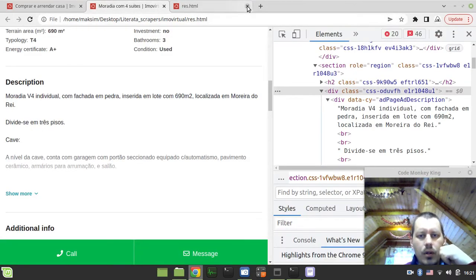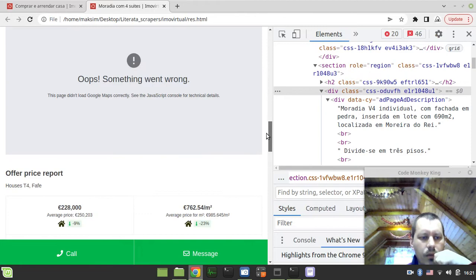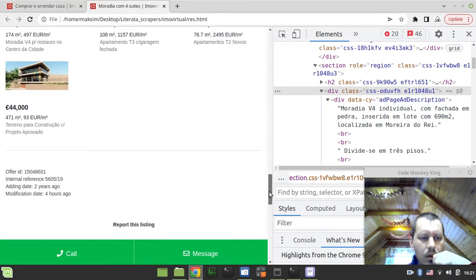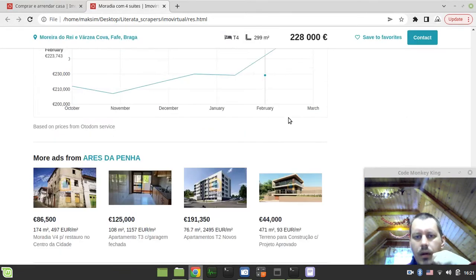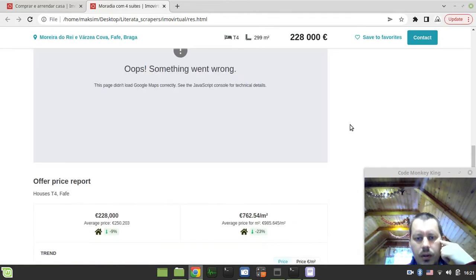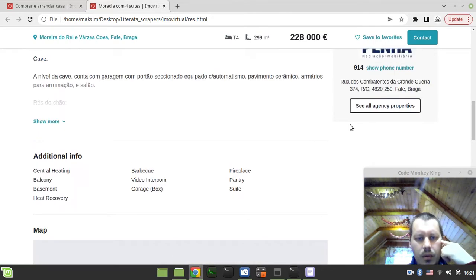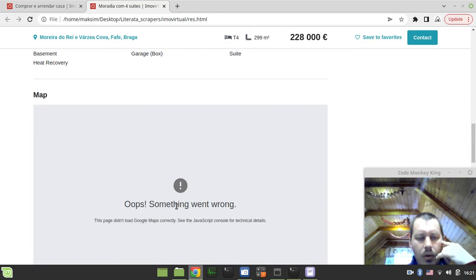This is unfortunate. So let's see if maybe they are visually seen here. Maybe not. Okay, map. Okay, oops, something went wrong.